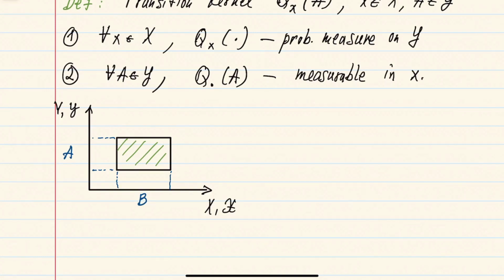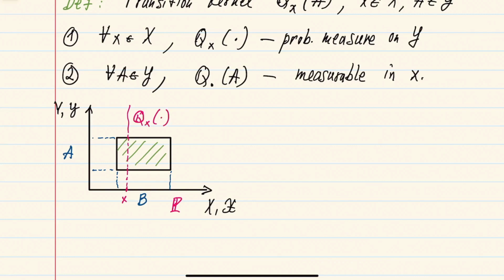Well, first of all, on the first coordinate x, we suppose that we have some probability measure p, and then for any fixed point x on the first coordinate, on that slice, we consider, instead of the fixed measure q, this probability measure q given by this transition kernel